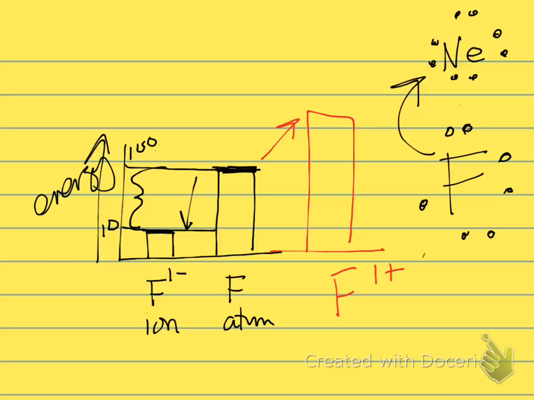Group 17 wants to gain. You really can't strip an electron off it because it gets them further away from their goal. Yes, sir? So, is it okay if I think of it as if group 17 wants infinity, right? They want